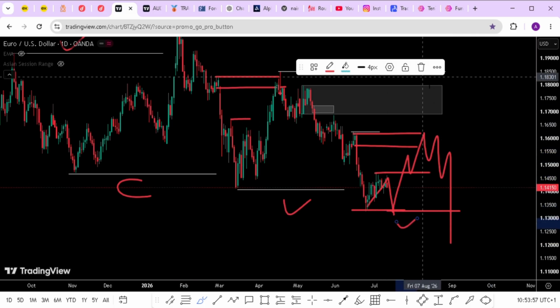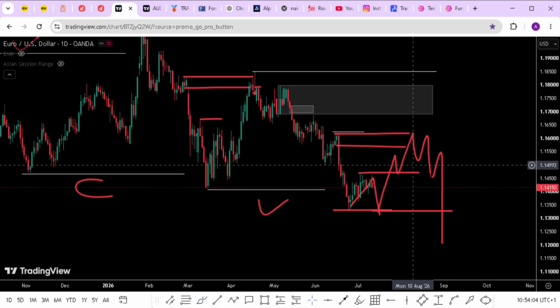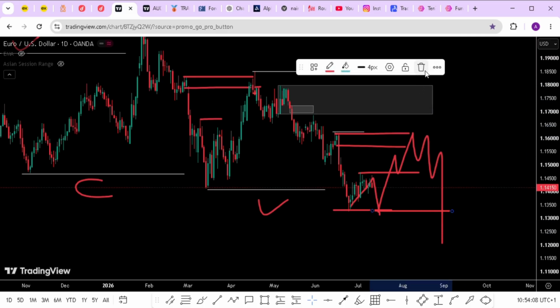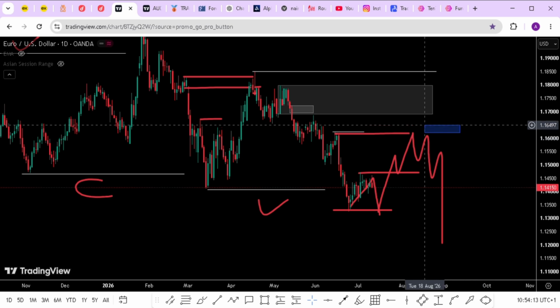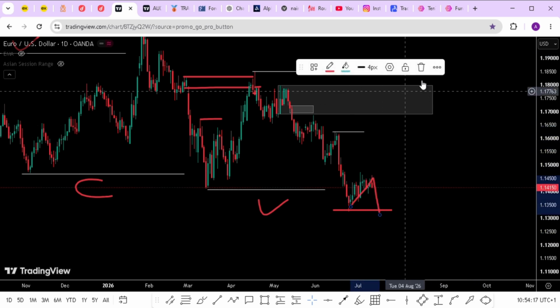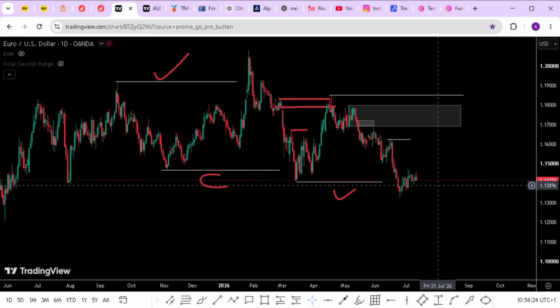So that's exactly what EUR/USD is all about. Nothing to rush about. Remember, I'm a swing trader. I don't want to go below because I only go to the lower time frame whenever the market gets to my POI or whenever I want to take an entry. But if there is no entry and the market does not get to my POI, there is no point in going lower than the daily time frame. So this is how EUR/USD is currently.